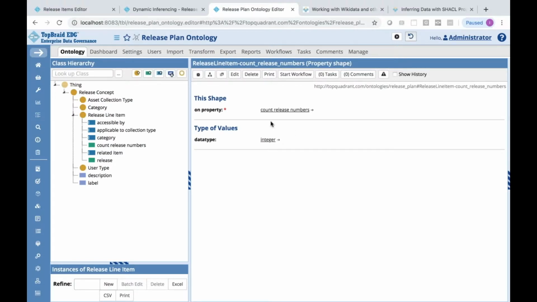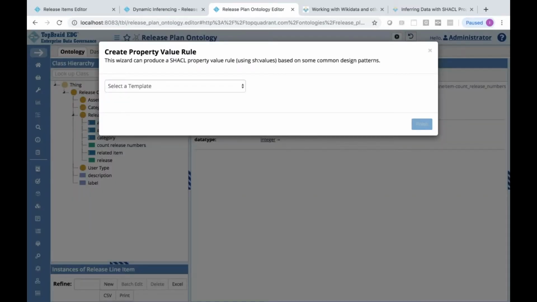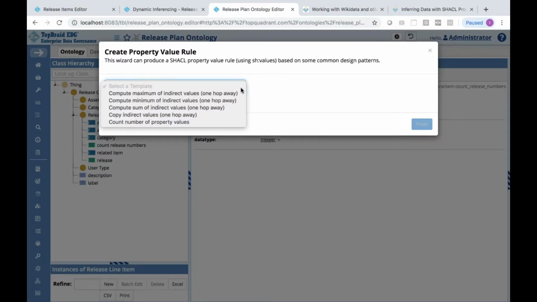So far I created the property shape, and when I go to it, I have a way to create something called a property value rule. I could use a template for doing it, or I could just enter a rule manually. It's easier to do it based on a template, and we have a number of templates pre-populated.